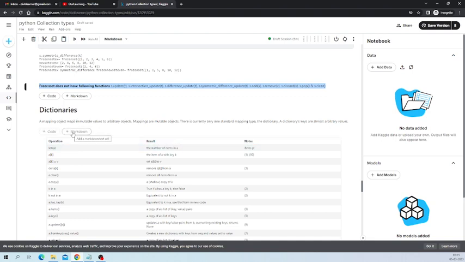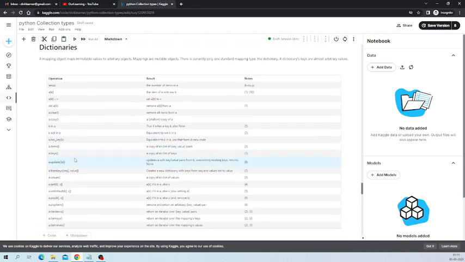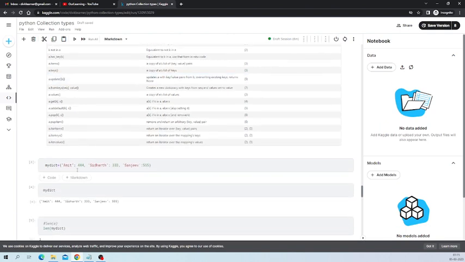So in dictionary, we are talking about a mapping object that maps immutable values to arbitrary objects. So we are just creating the arbitrary object, and then we are doing almost the same thing that we have done in the other ones, but in a different way, because dictionary gives you more functions and more methods to run. So we talked about